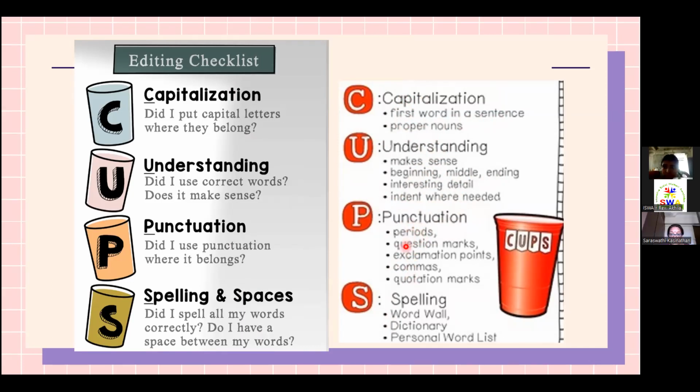Yeah. So the punctuation marks are very important. Okay, it explains the feelings of the story. And finally, spelling. So if you are unsure of spelling words, it's always good to use a word wall or dictionary, or you have a little book where you write down all the words that you learn so that you can use them back in your writing. Okay, so